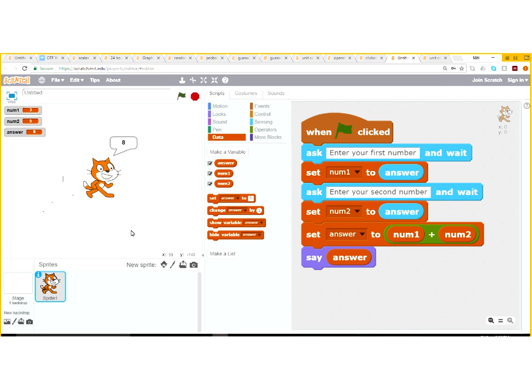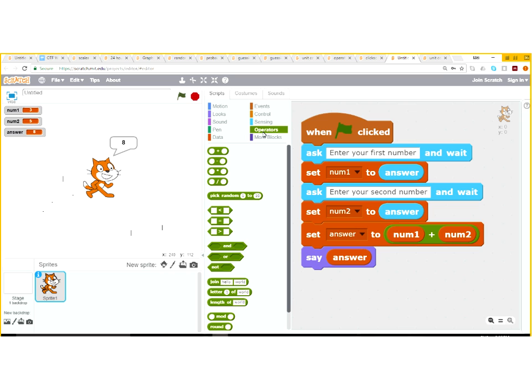So a little tip, if you don't want it to just tell you the answer, as I have here, what you can do is use the join operator,